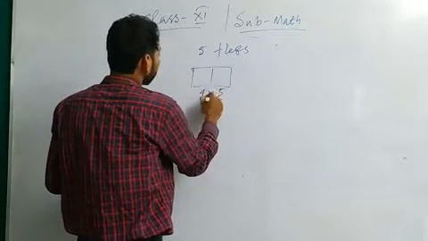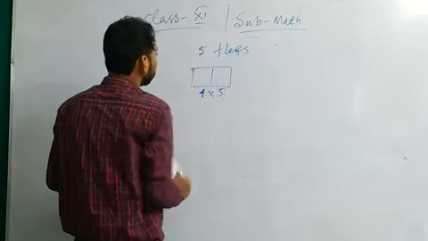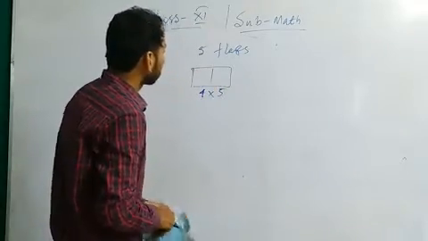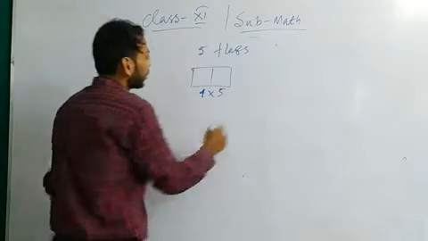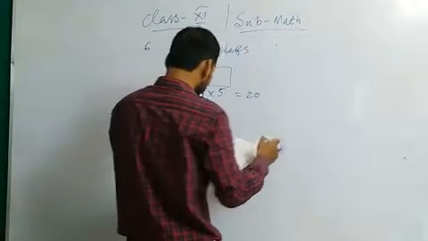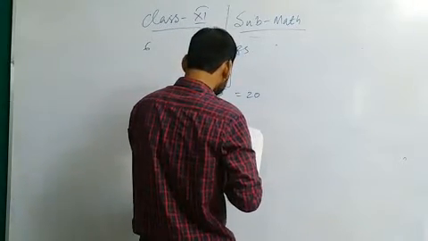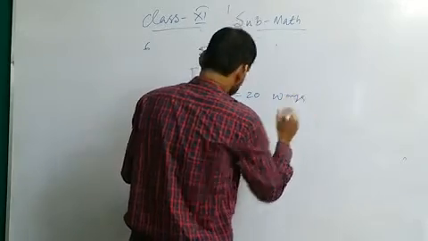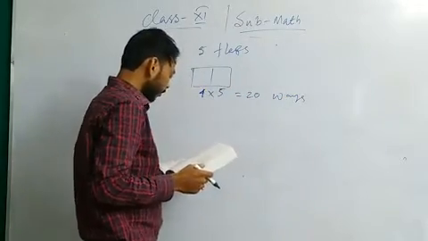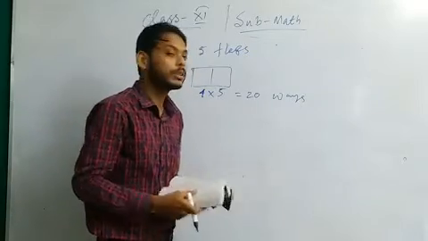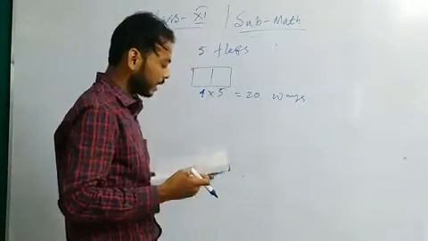You need 2 flags, one below the other, that means 5 ways and 4 ways. The first position can be filled up in 5 ways and the next position can be filled up in 4 ways. That means a total of 20 ways. We can give the signals in 20 ways. So this is our problem number 6.